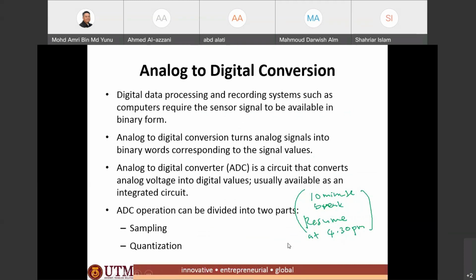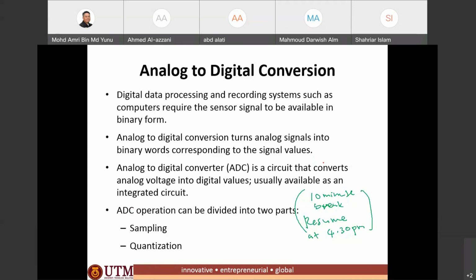Okay, we continue our class here. So this is the discussion on analog to digital conversion. Basically, it's a process to convert either analog to digital or digital to analog. So we will look into that,